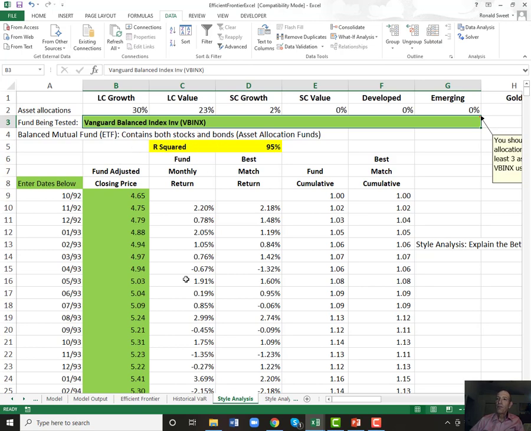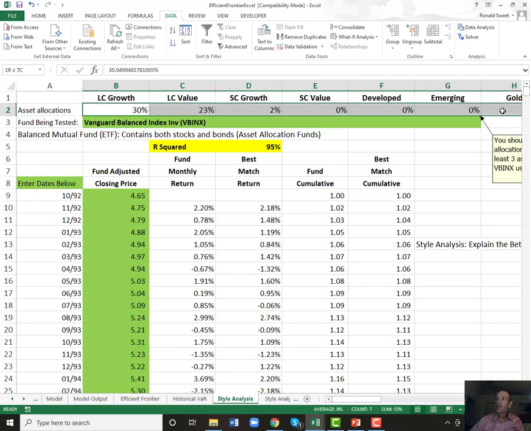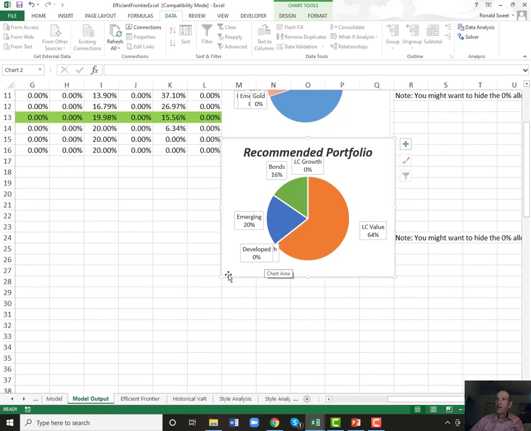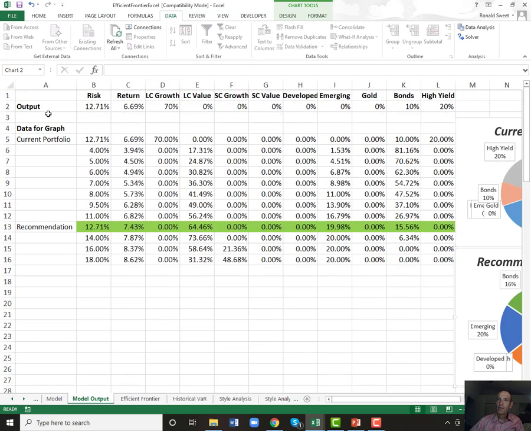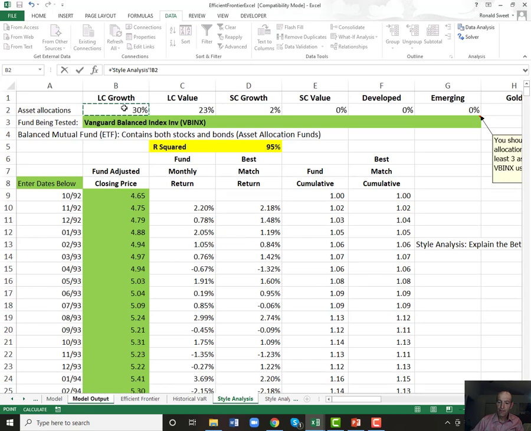Why? Well, if you want to, you could create a pie chart. I would think it'd be really interesting if you added a pie chart. What if you did another pie chart? And we could even do it really quickly if you wanted to. Another pie chart that shows the style analysis. I'll let you build it yourself. But if you do another pie chart that does the style analysis,